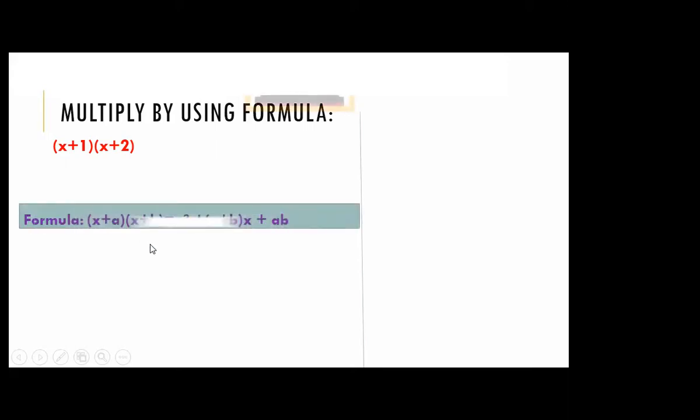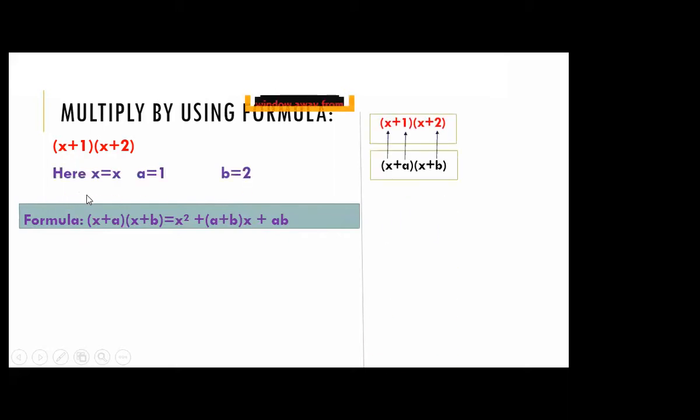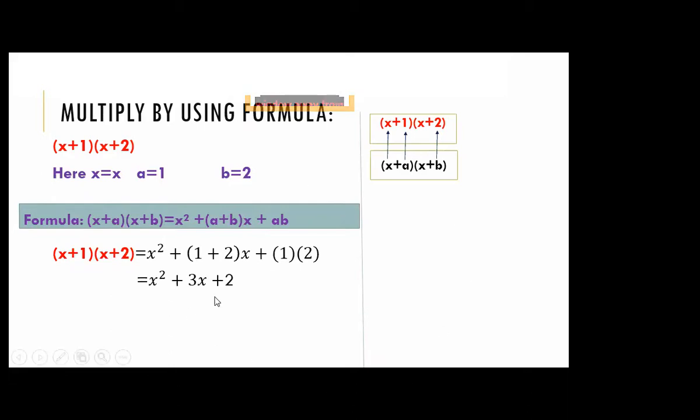Okay, but the same question is there, but the question is multiply by using formula. So in such condition, you have to apply the formula. You have to check that whether you can apply or not. So here after comparison, you get the answer same. When you use the method of exercise 3.6 and when you use this method, you will get the same answer. But if your teacher is asking you to apply the formula, you have to follow this method. Okay, is it clear now?